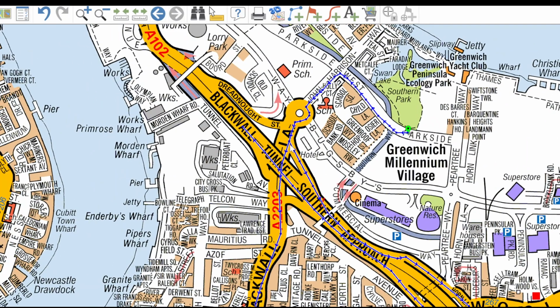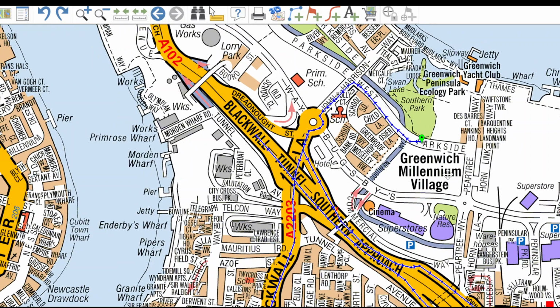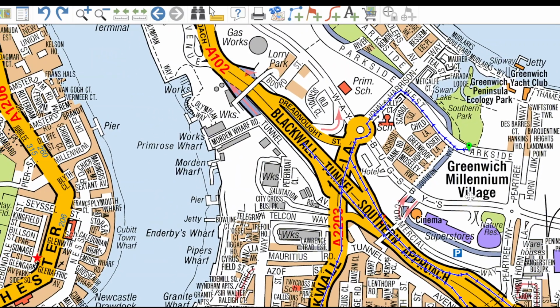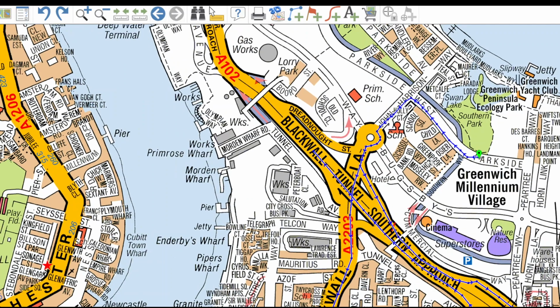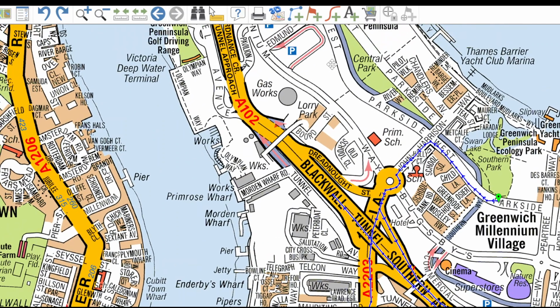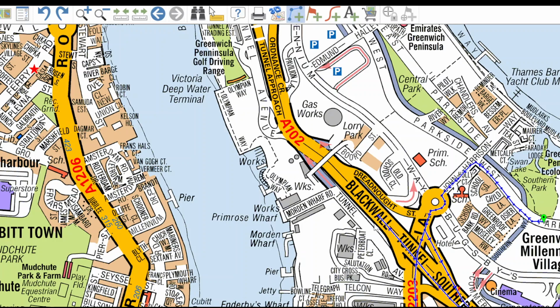Each of these routes is correct. The only route which is not correct is if you are coming this way and you simply cross this barrier, that will be wrong. So this is the way you can enter into the tunnel if you are on the right hand side. In the next video, I will show you the other options. So this is part 1. Now we will move ahead.